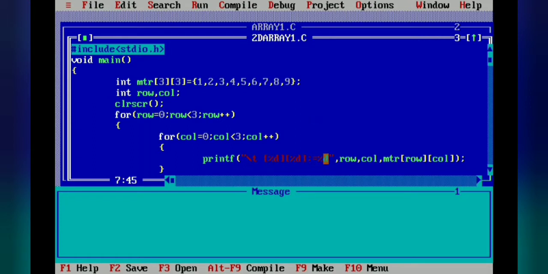So what is here? This %d will store your data that is stored at the 0, 0 position. So the answer will be 1, that is given by you. Now row, column: it will display the row value, that is 0, then the column value 0, and your matrix value respectively. So this is our program, and here we have written \t to give the space between